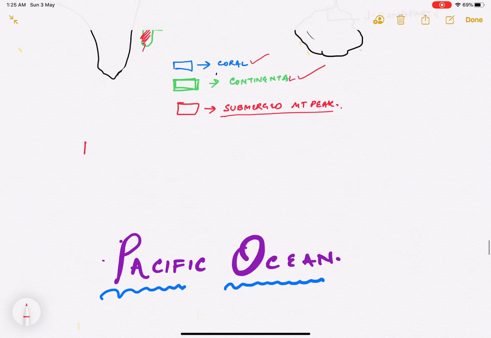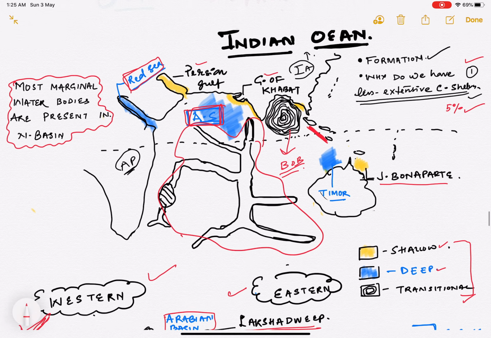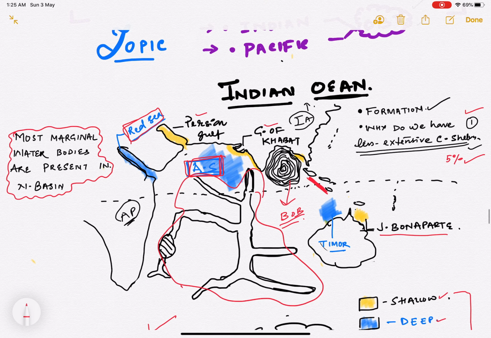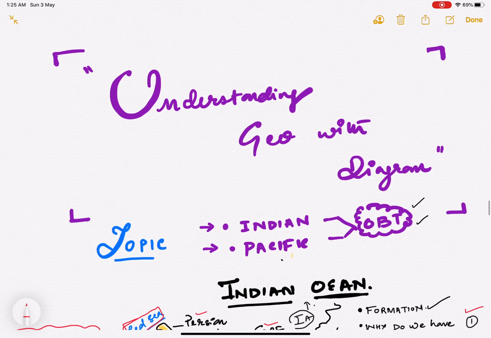Now within this ocean bottom topography, remember that diagrams matter a lot. See, basically to explain to you, I have differentiated the diagram, but if you have to do the diagram in one part, one diagram should be enough to explain the entire context. I hope you are clear with this. Thank you.